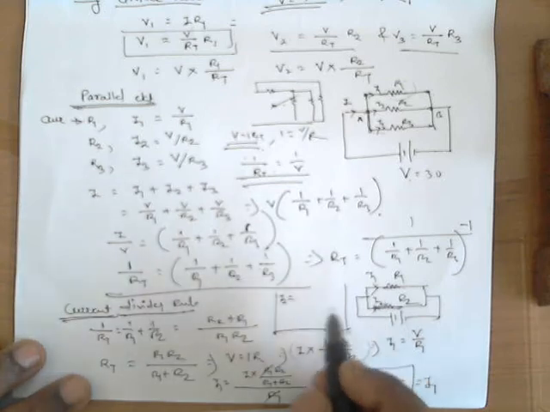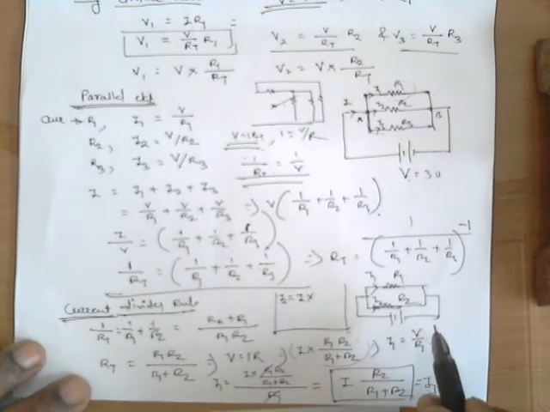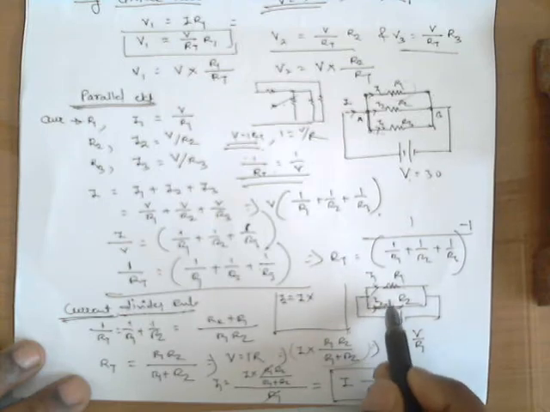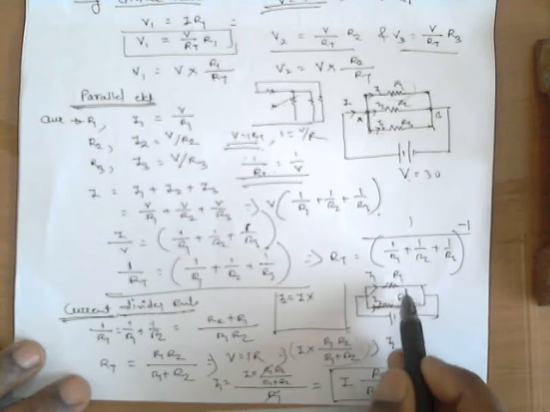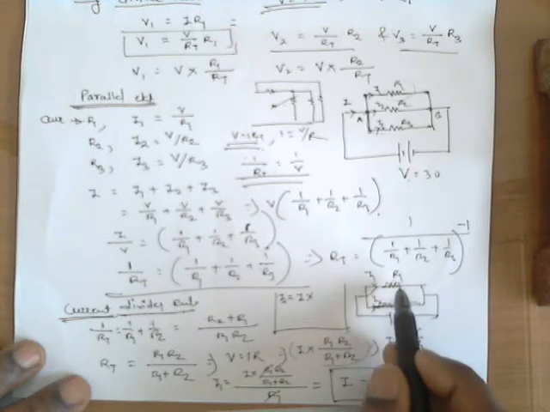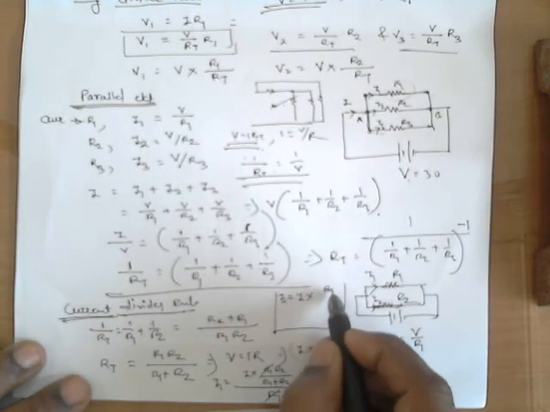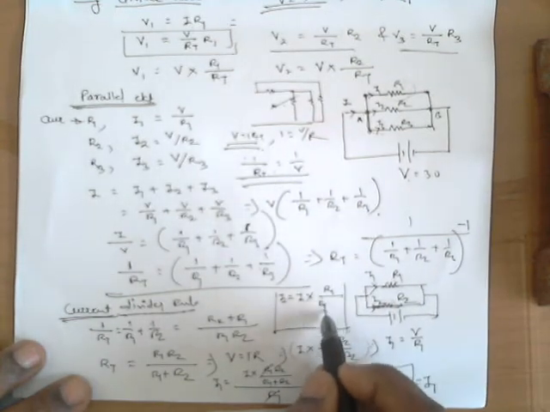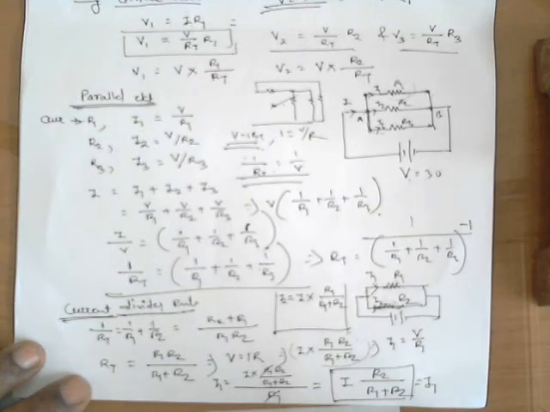The total current, which is I, multiplied by the opposite resistance to the resistance through which current is to be calculated. Now we are interested in finding the current through R2, right? So find the opposite resistance, that is R1. Write that on the numerator, R1 divided by the addition of those two, R1 plus R2. Am I right?